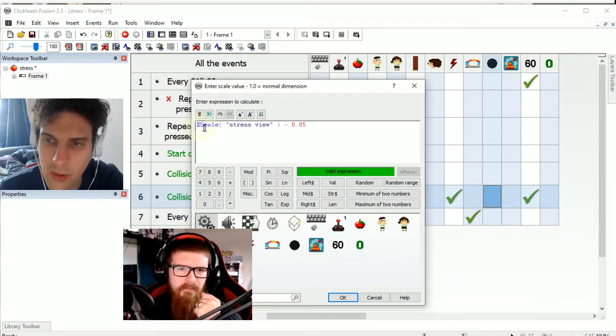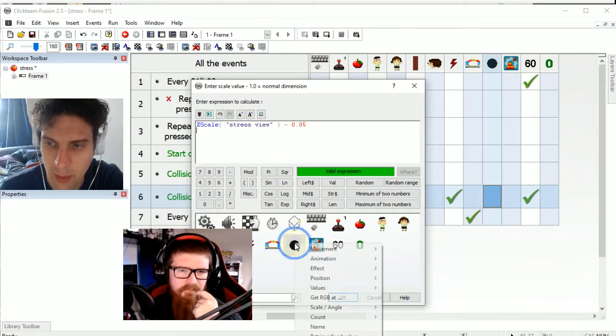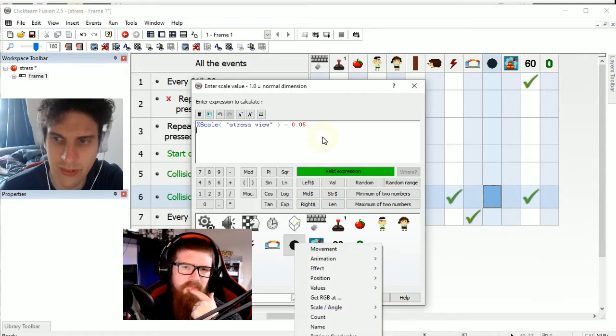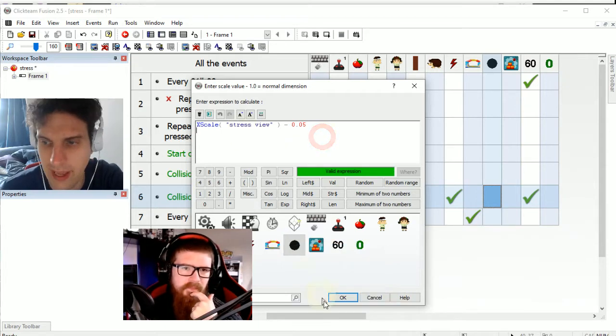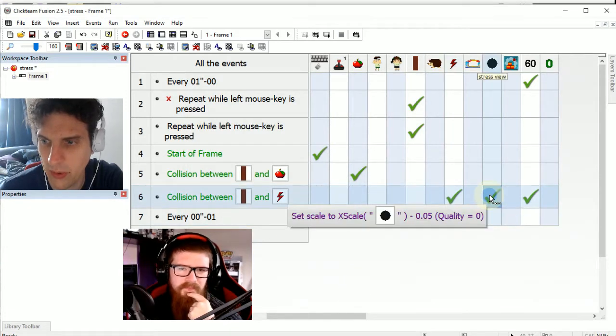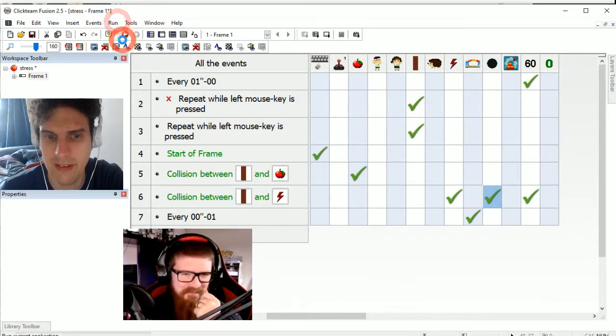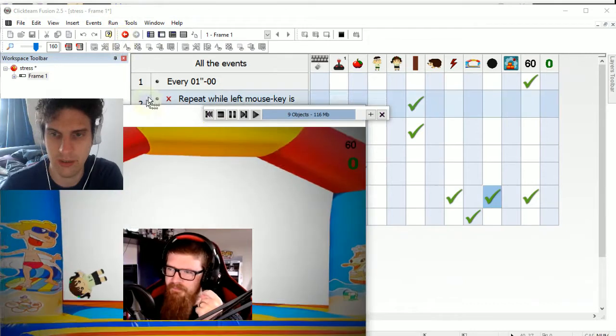Now I'm only getting one scale from the object, and I'm minusing 0.05 from it, whatever it is, because you can't get a full scale. X and Y scales are individual, the width and the height, so it's width scale, the X scale. Cool, that was a lot more complicated than I thought it'd be. So there we go. Now, theoretically, can we squish the bug?